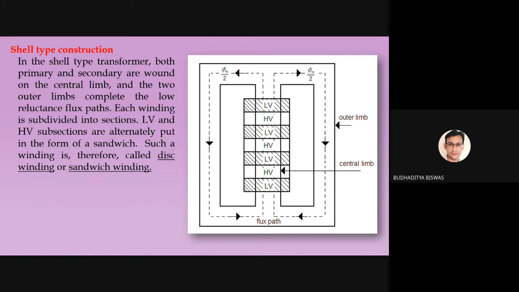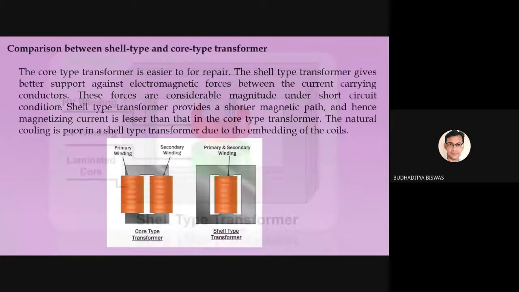But why do we sometimes use the shell type? This is also called a disc winding or sandwich winding. So why do we need to construct the shell type or the core type transformer? The comparison is here. This is the core type and this is the shell type transformer. The comparison is that